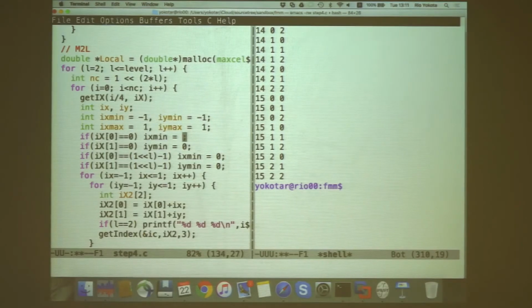Okay, so maybe a more uniform way of writing this is to make everything say, if you are there, then